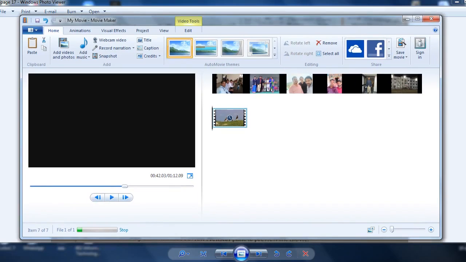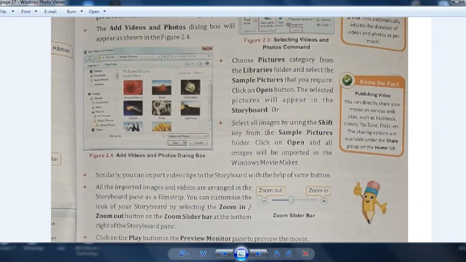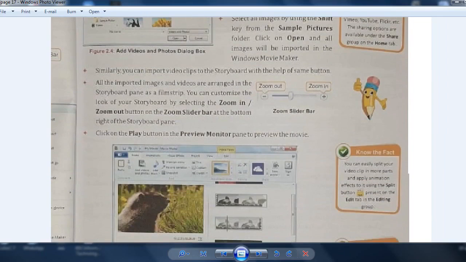So this also we have taken into this software. Now let's see the next part from our book. Similarly, you can import video clips to the storyboard with the help of the same button.